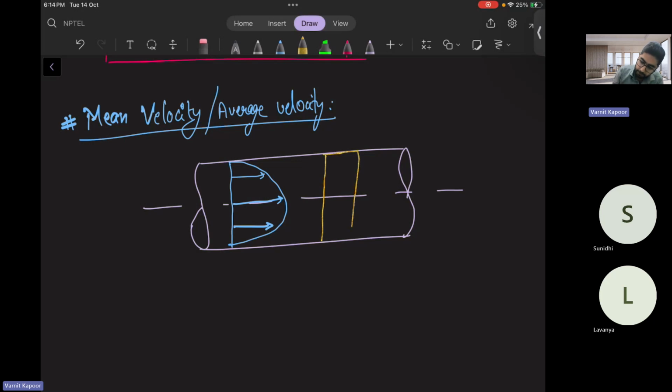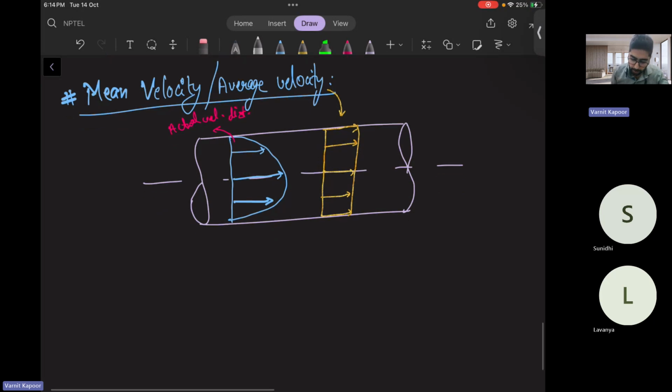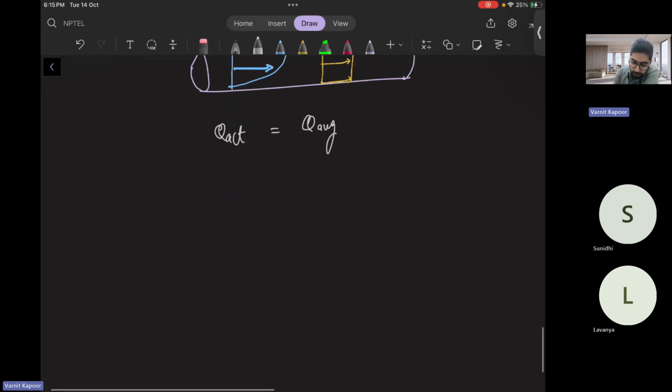We have taken a mean of this velocity so that all the velocities, either at the center line or anywhere, are the same. So this is your bulk or average velocity distribution, whereas this is your actual velocity distribution. What we are saying is that Q actual is equal to Q average, that is, our flow rates are the same. So by theoretical